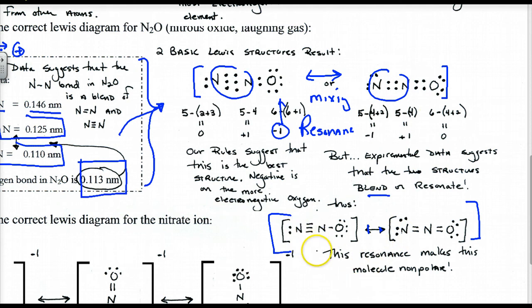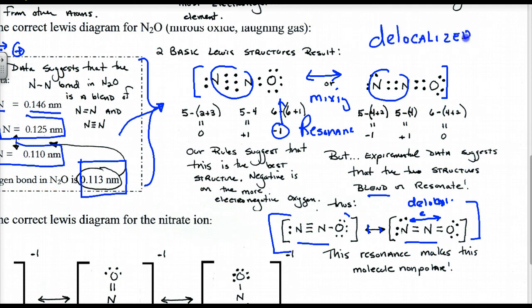Okay? Now, what's interesting is that this resonance actually makes this molecule nonpolar. Most of the polarity, okay, this is more electronegative, you'd think this is the negative end here. But because these electrons somehow blend back and forth, we call them delocalized electrons. Delocalized electrons that are blended on top make this sort of a double, sort of a triple, and actually make this structure nonpolar,